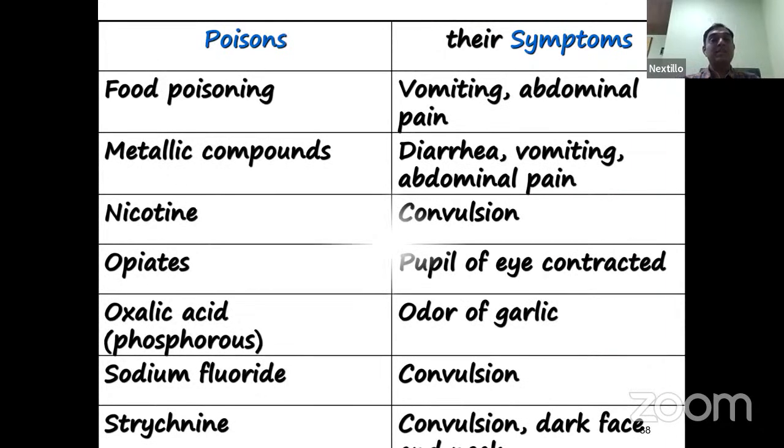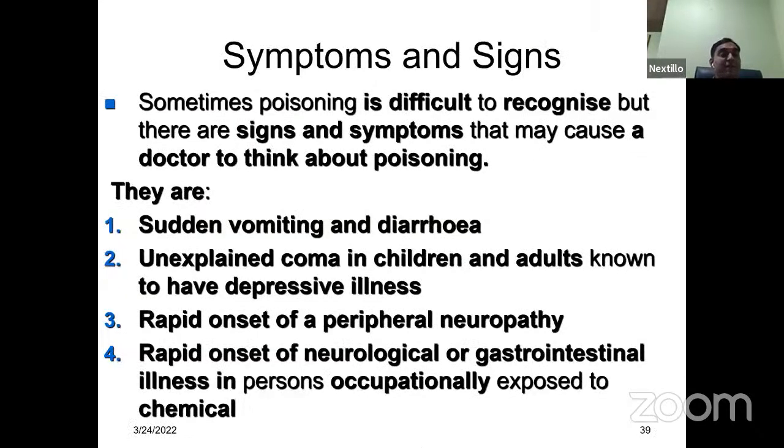Like food poisoning, metallic compounds, nicotine, opiates, oxalic acids, sodium fluoride, strychnine, so many things. So symptoms and signs are very important for any kind of poisons. Sometimes the poisoning is very difficult to recognize, but the signs and symptoms may cause the doctor to think